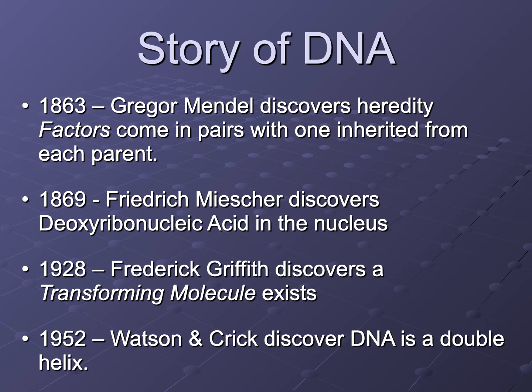Jump forward to 1869, and Friedrich Miescher discovers the actual molecule deoxyribonucleic acid in the nucleus. So he discovers the chemical, and it gets named deoxyribonucleic acid because it's an acid, and he discovered it in that dark center ball of the cells, of eukaryotic cells. Kind of a big deal. Now, we still don't know that that's what carries the genetic code, right? There's some folks that think they have an inkling, but there actually becomes quite the controversy